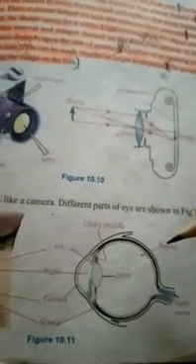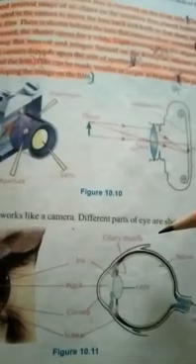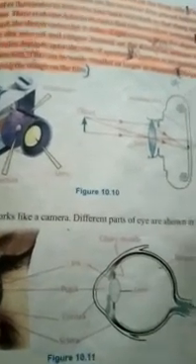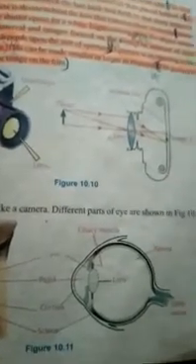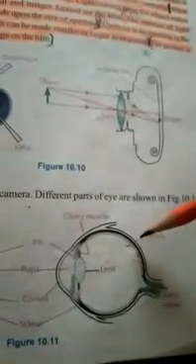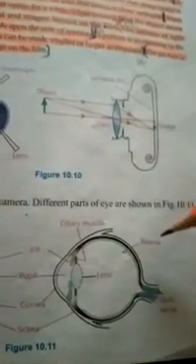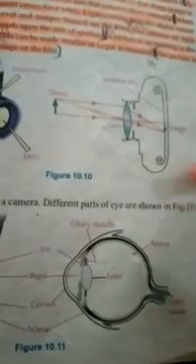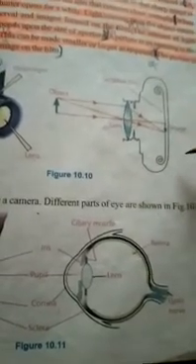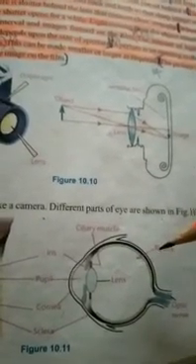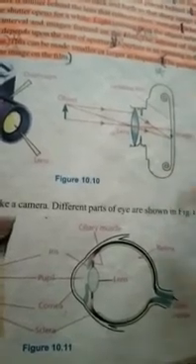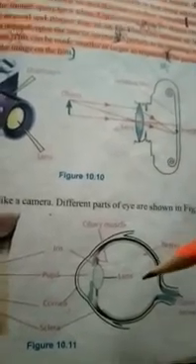Before we discuss the parts' functioning, here we will not discuss the functioning of each part of the eye, because we are discussing image formation, that is, how the image is formed in the eye. Here is the retina. This retina is similar to the sensitive film, because on the retina the image is formed just like the image that is formed on the sensitive film. So its function is similar, they both are similar in their functions.